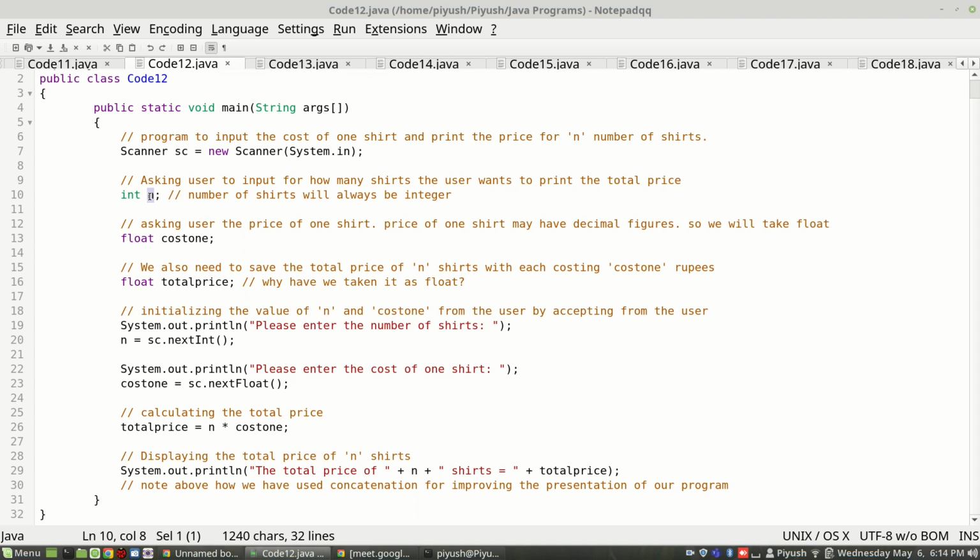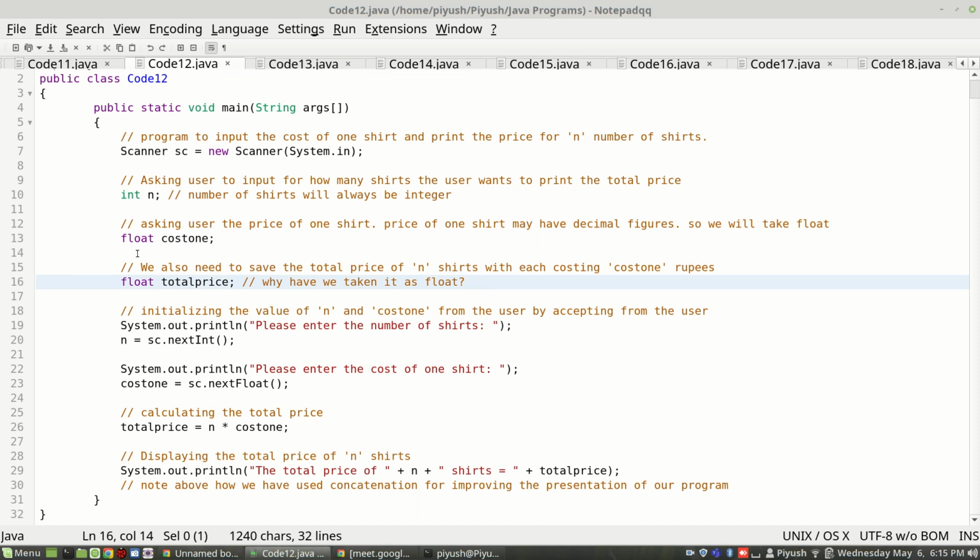N will be storing the number of shirts, so I have taken n. I want to store the cost price of one shirt in one variable, so I have taken cost1. This total price will save the result of the multiplication, so I have taken total price. So always make a habit of using relevant variable names.